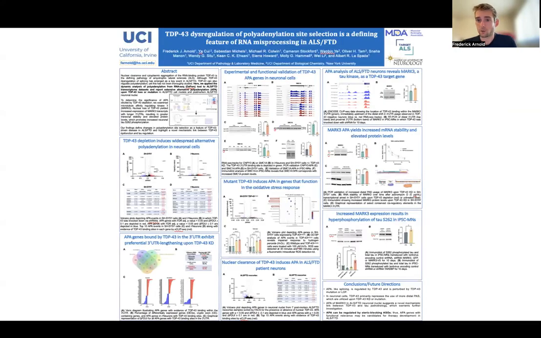And the short version is that we found that hundreds of alternative polyadenylation events are changed in the course of ALS, and that this is really a critically important aspect of RNA processing regulated by TDP43. And we're really hoping that some of the important targets we identified will be added to this growing list of targets to develop therapies to potentially treat sporadic ALS.